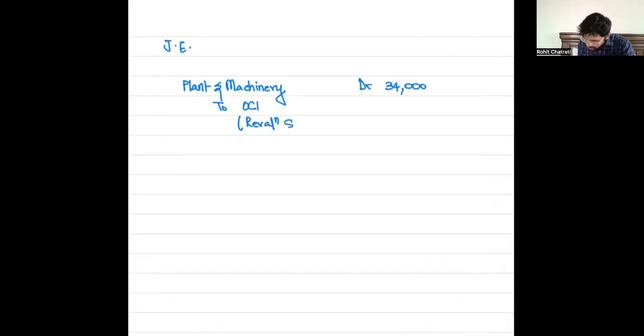All right, so the journal entry, although the question is not asked, I'm actually plotting down the journal entry. It's basically going to be plant and machinery debit 34,000 and credit would be to other comprehensive income, and within other comprehensive income there'll be a row called revaluation surplus. All right, just like how you have different rows in the P&L, within other comprehensive income also you're going to have a different set of rows, and one of the rows will be revaluation surplus, where we will be reflecting